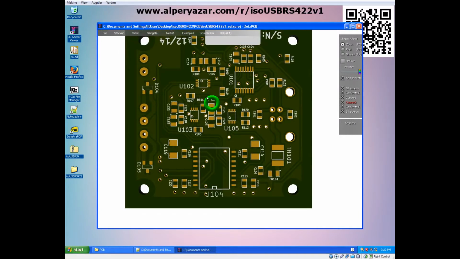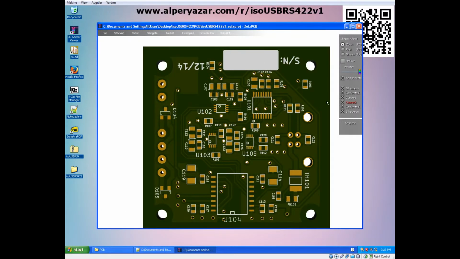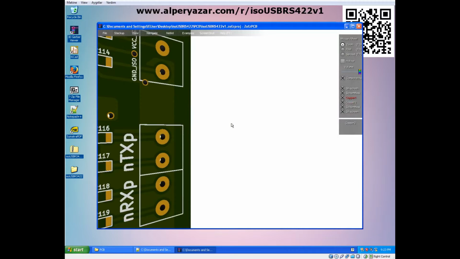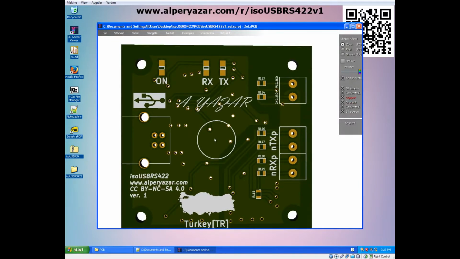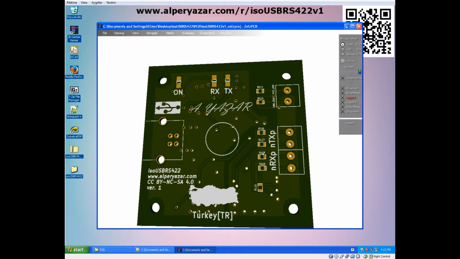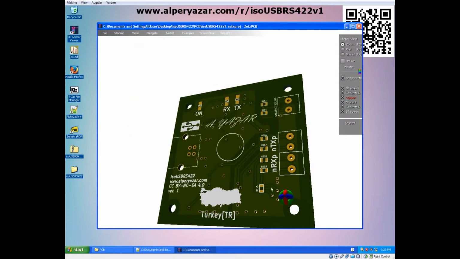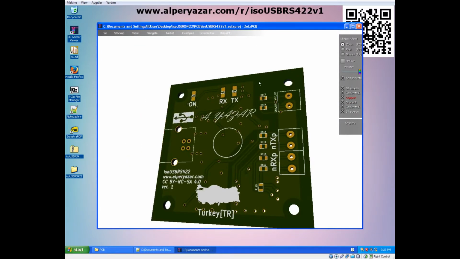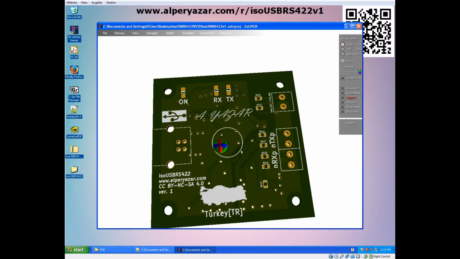I tried it for larger boards having more than 2 layers, and it works perfectly. Although I haven't tried it yet, you can also view components if proper files are supplied to Zavs PCB, not only limited to bare PCB.